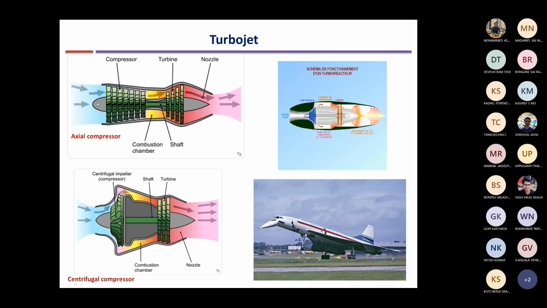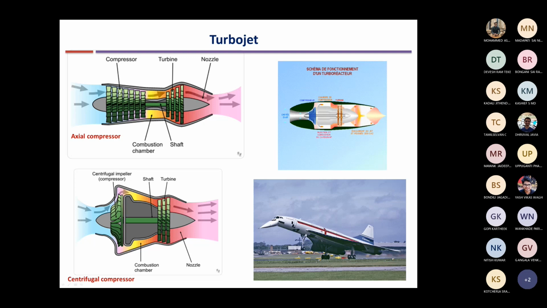Okay. The compressor comprises multiple stages, and in each stage there is a slight pressure rise. So what we have done till now is that we have assumed that the entire compression process is a single process, as if there is a single device. But what happens is that there are multiple stages arranged like this. We will discuss all this in much more detail in the subsequent classes. So each stage increases the pressure by a small amount, say by a factor of 1.5. Okay. So now there can be two types of compressors.